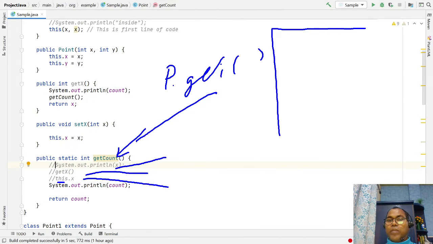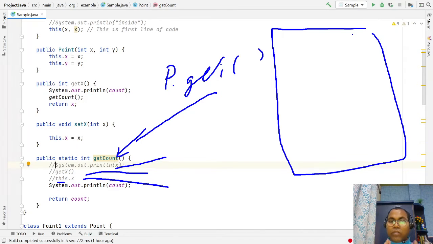No object is created for this class. So a static method or class method cannot access any instance variable, any instance method, or even the this keyword. Due to these restrictions, class data members cannot access them.